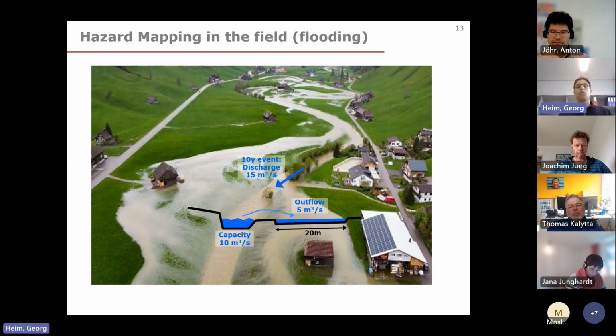Then I calculated with the Excel the discharge capacity. In that case, maybe it will be 10 meter cube per second. So 5 meter cube per second will flow out of the stream